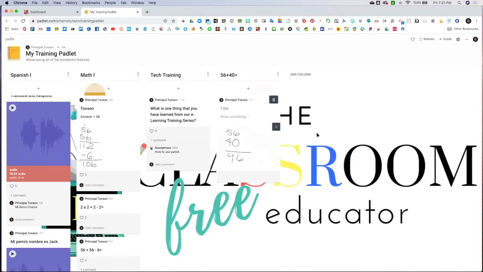This is really good because as a teacher, you can post a sample for the students. Like in the one when I said translate this, as a teacher, I recorded the prompt that I want them to translate. If they're doing an essay and you want to do a sample topic sentence or anything like that, it's a great way to show the students. If you have them working on a research project and you want to share links, this is a fantastic way to share links. There's a search function in here,